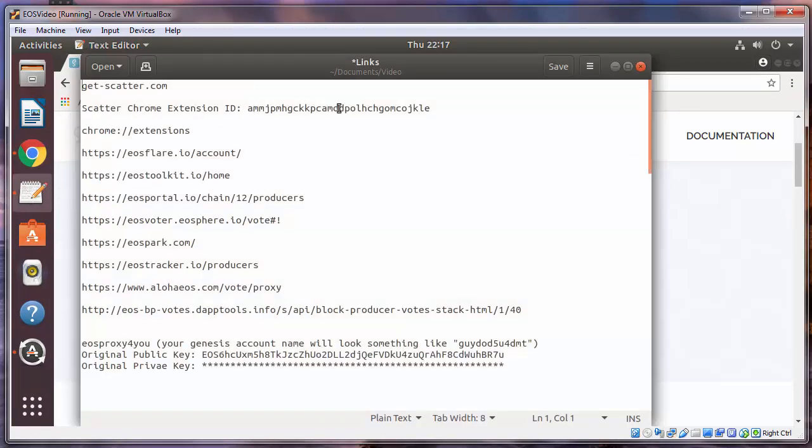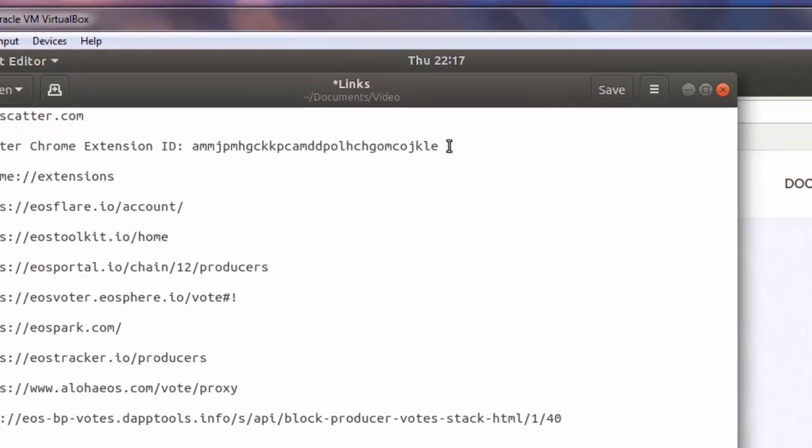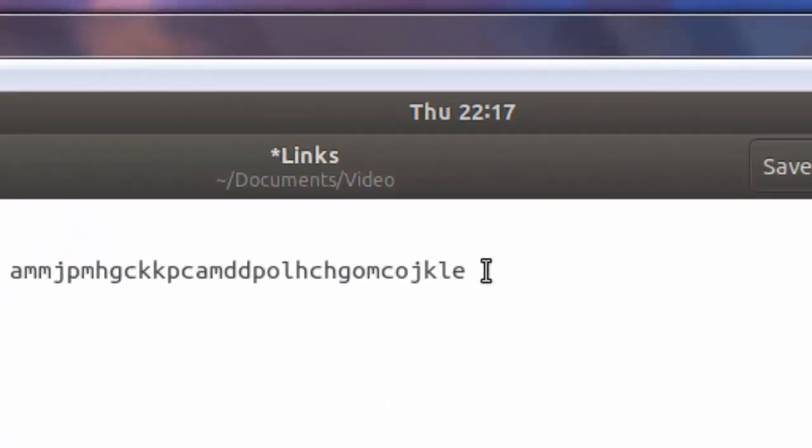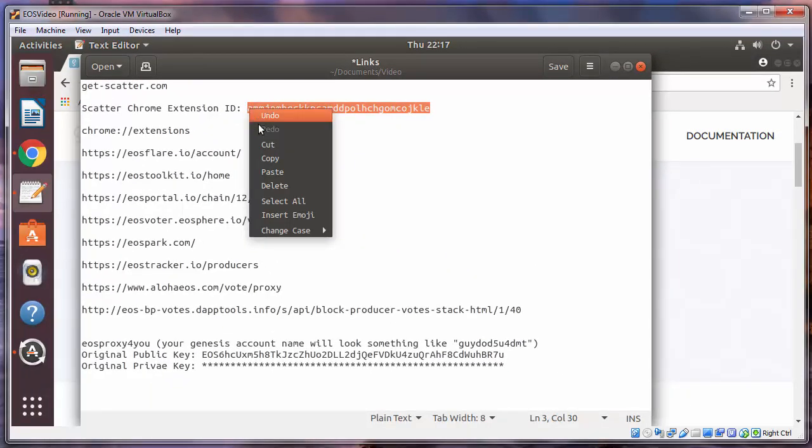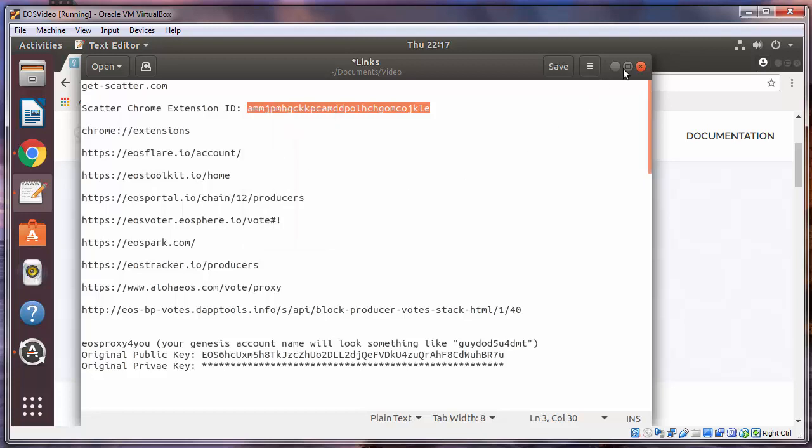It's POLHGCKPCAM. We can copy this and use that to do the search for Scatter,